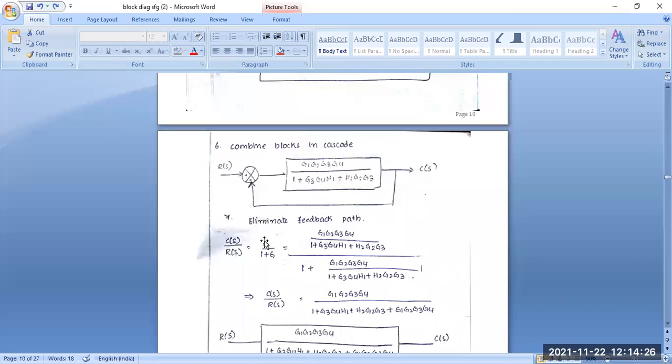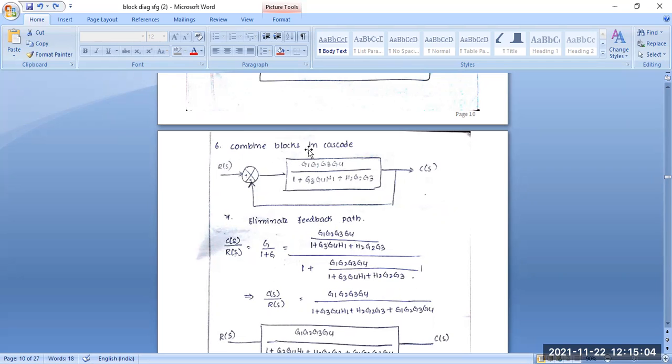And when you have to apply according to the feedback loop, according to H1, H2, these are basically G by 1 plus GH. So please remember these things also. When unity feedback is calculated, the equation is G by 1 plus G. When unity feedback is not applied, that means H1, H2 has some value greater than 1, the equation is G by 1 plus GH, and H is the feedback factor value. Okay.